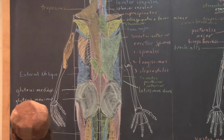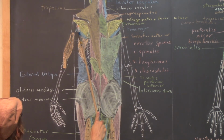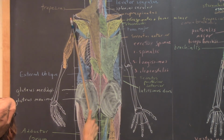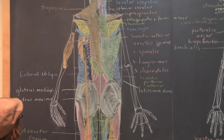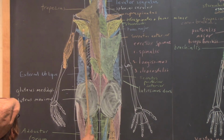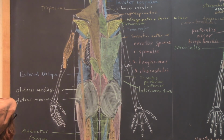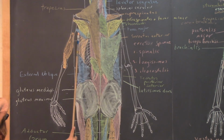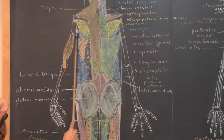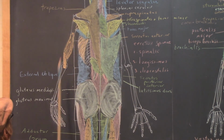Okay, the long head of the tricep on our shoulder blade here, it's going to hook on right along the edge, literally, of the shoulder blade, right beneath where the humerus inserts itself in the glenoid cavity. If you remember, here was teres major, then we had teres minor, and infraspinatus. Infraspinatus and teres minor in yellow here were hooking on the back of the humerus. Teres major was coming around to the front, and we talked about leaving just a little opening here. So what we want to do is go through that opening there. This is where the long head of the tricep will hook onto the scapula,